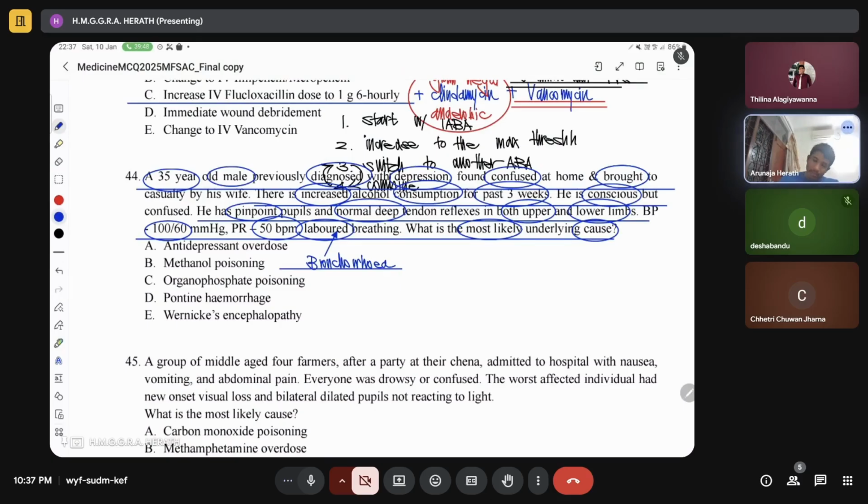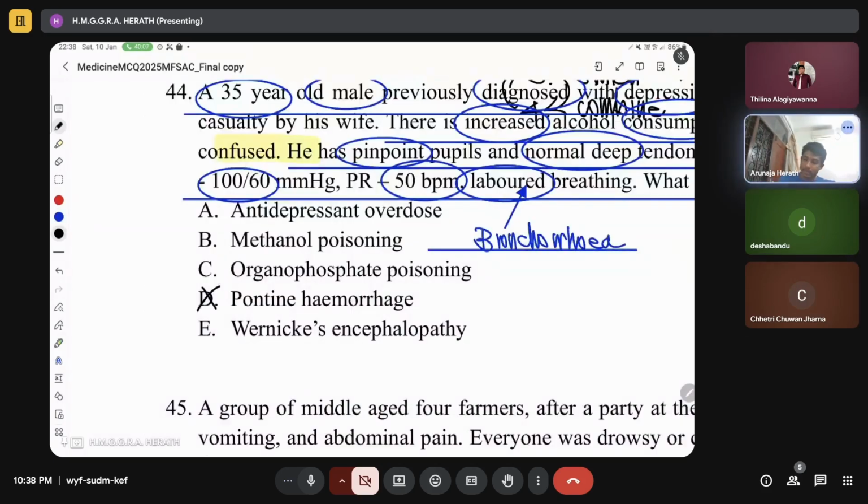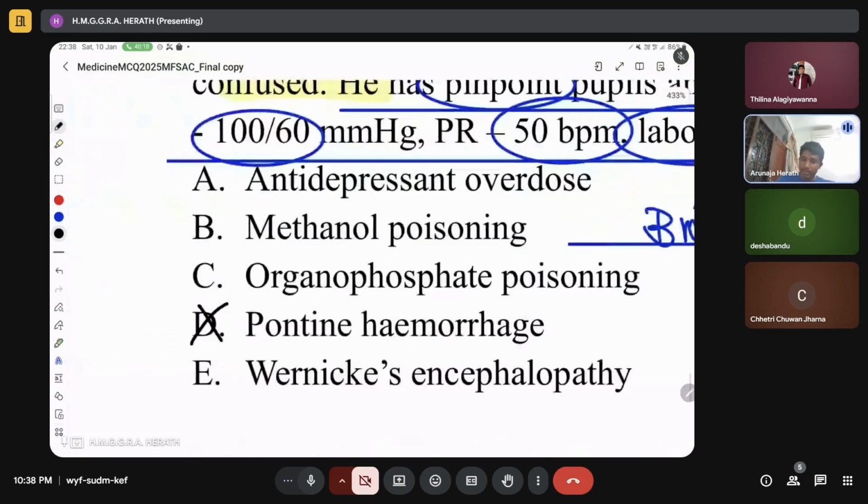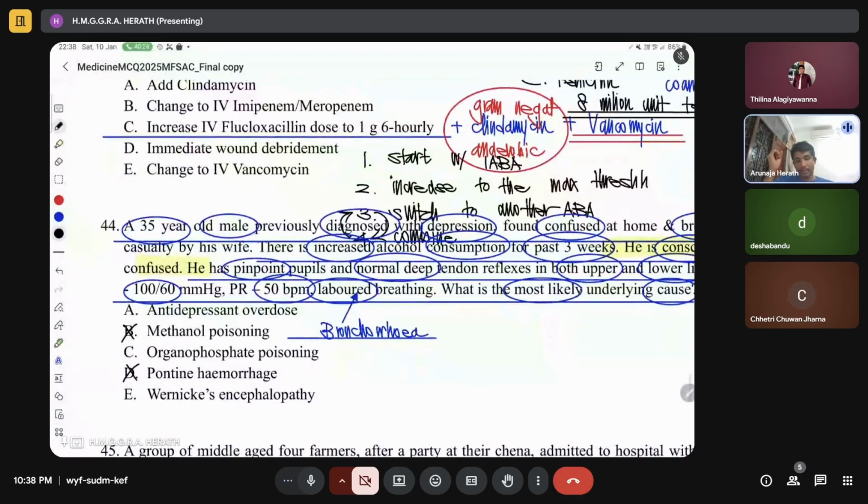And also, he is conscious but confused. Usually in a pontine hemorrhage, will he be conscious? No. In Wernicke's encephalopathy, will he be conscious? He can be conscious, but he'll be confused. Right? In methadone poisoning, usually they can be conscious or unconscious both. Antidepressant overdose